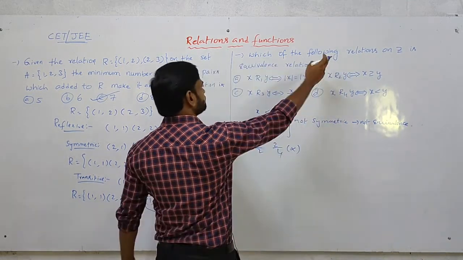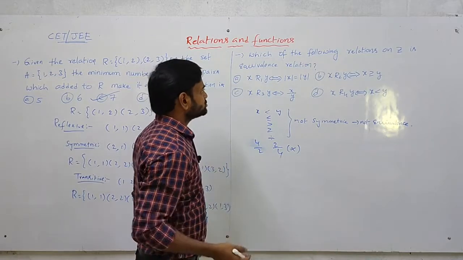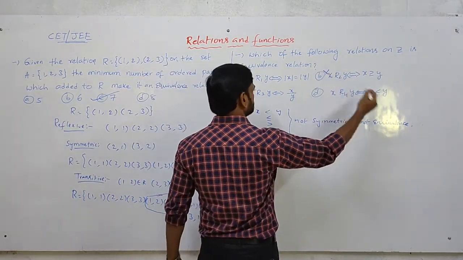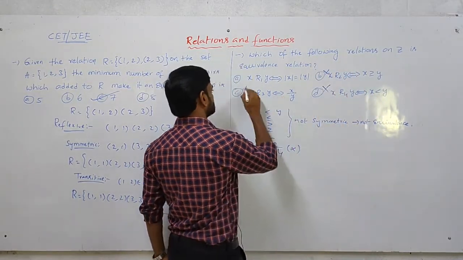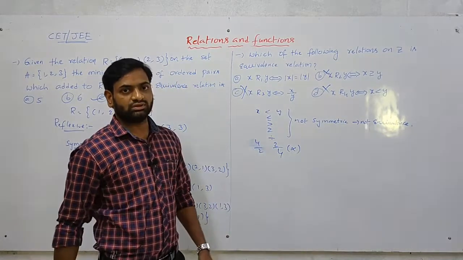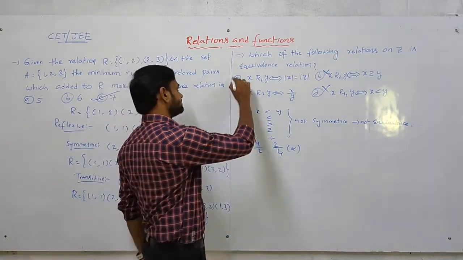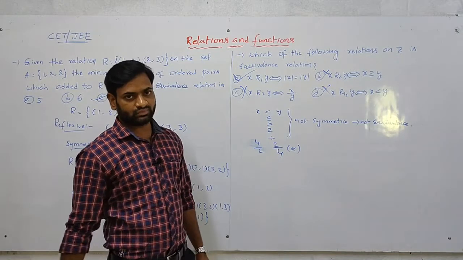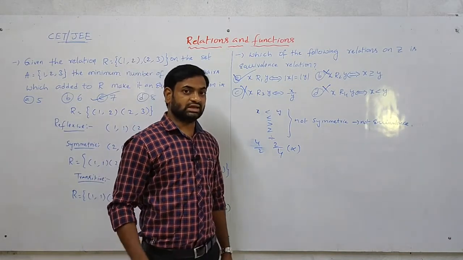So he is asking which are equivalence relations. Greater than is there, log. It is not an equivalence. Division is also not an equivalence. Now what is the remaining answer? It is option A. This method is eliminating the answers.